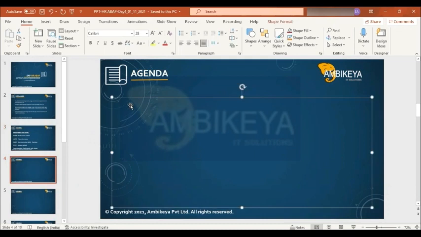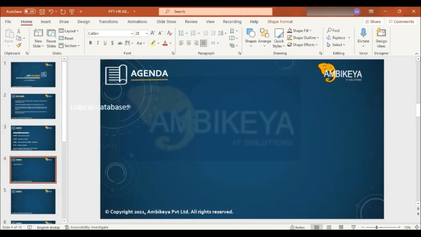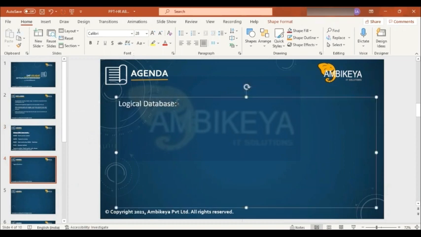Now I'm discussing the logical databases. We will discuss one concept called logical database. Do you know what is a logical database? Especially in SAP HR, we have the logical database concept. We have logical databases called